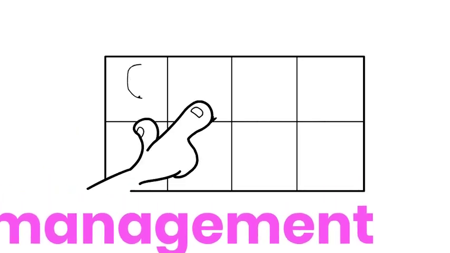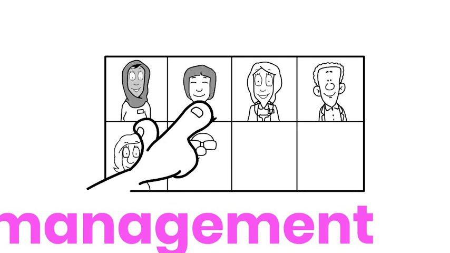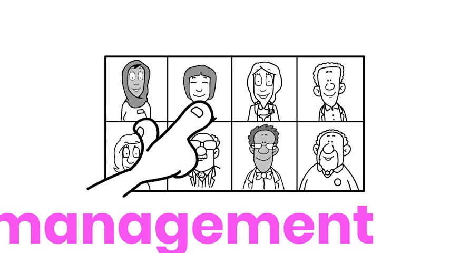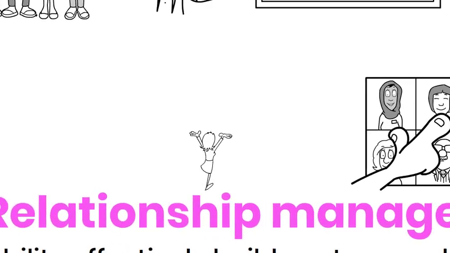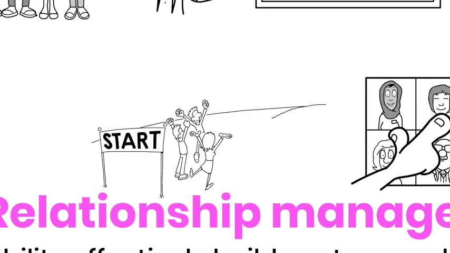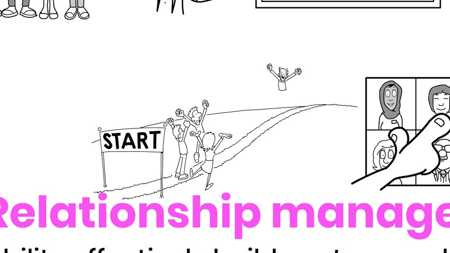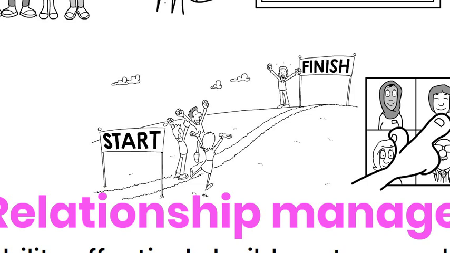people and situations. In the workplace, high relationship management can be seen when a manager recognises the strengths of their team members and assigns tasks accordingly, ensuring each person feels valued and motivated. They also actively encourage open communication, provide constructive feedback, and facilitate team building activities to create a supportive and collaborative